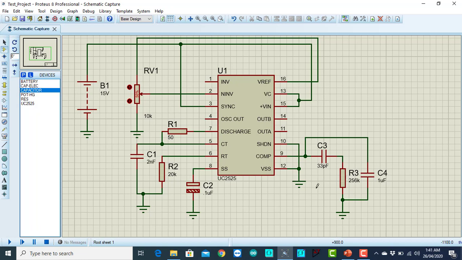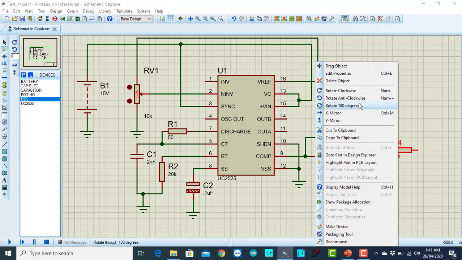And then I have only two terminals remaining, pin number 11 and pin number 14. These are the PWM outputs. So I'm going to connect the resistors.